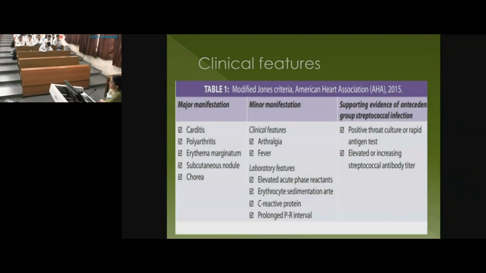Now you have Jones criteria, right? So you have major manifestations, minor manifestations, and you have to have supporting evidence of antecedent infection. So how do you diagnose? A child comes to you for the first time. In that case, you have to have either 2 major or 1 major and 2 minor criteria, right? So just remember, this is something we expect every child to know. These are some of the basic things we expect you to know to pass MBBS. If you don't know Jones criteria, then you don't pass MBBS. So this is very, very important. Right? So what are the major criteria? Has anybody made some acronym for this? Kuch banaya?